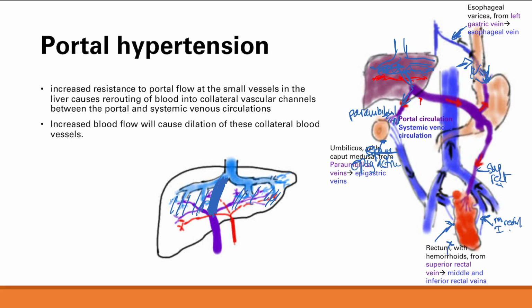Okay, and now your blood, instead of having to go backwards, as you can see here on this picture on the right, your blood's going to be able to go forwards because now you just reduced all that pressure. You're going to reduce a lot of that hypertension, and reduce that blood flow to the collateral veins. It's going to be reduced dilation. So that's TIPS.